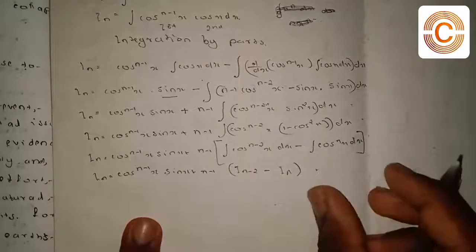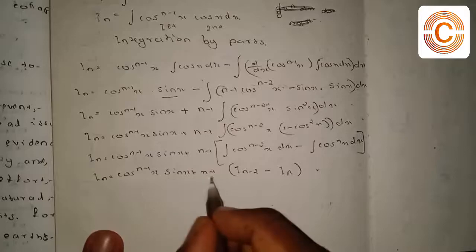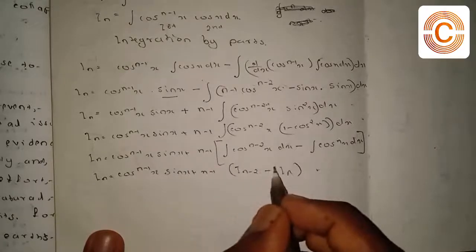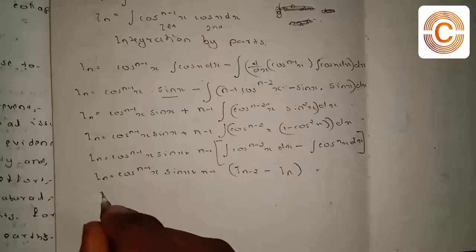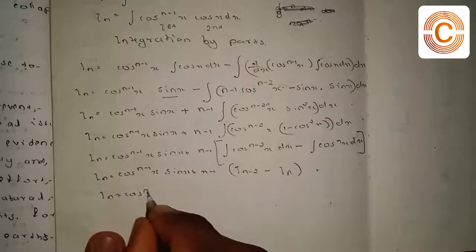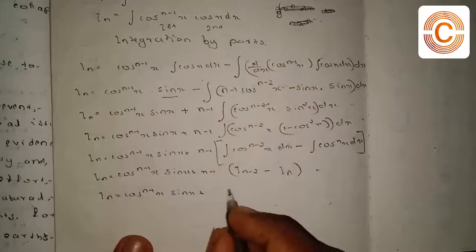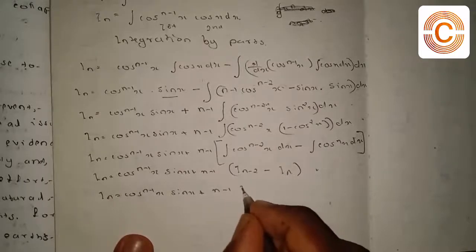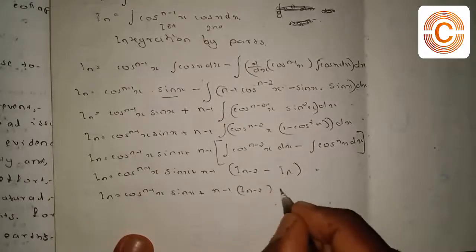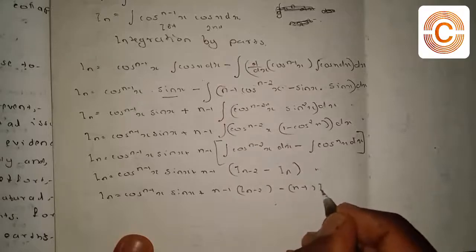Then put the bracket here. Then we multiply (n-1) with these by opening the bracket, so I_n is equal to cos^(n-1)x sin x plus